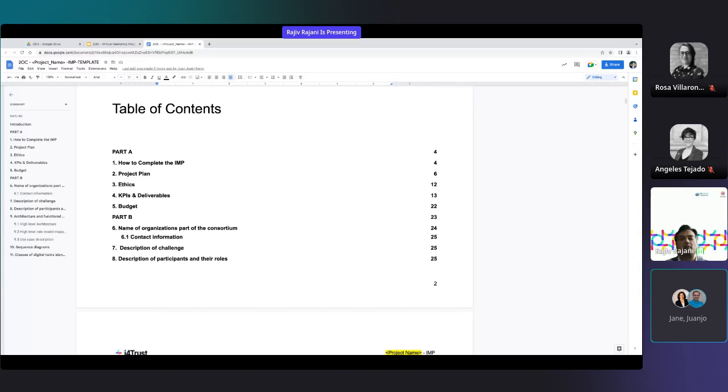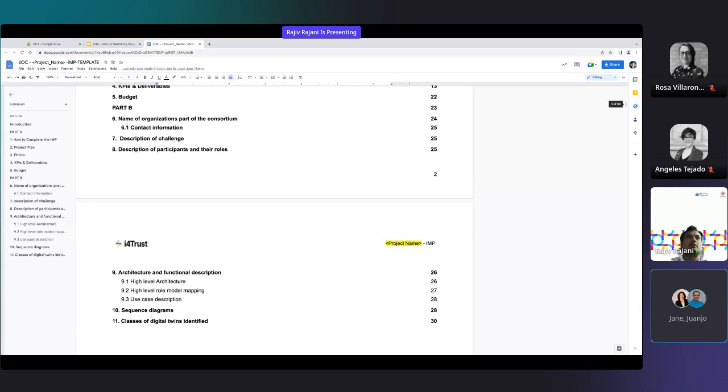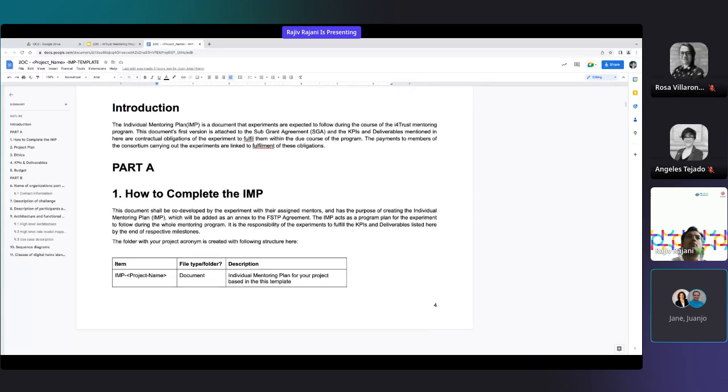And then there is part B, the living part of the document, where you will constantly update as you learn more and more about iFortrust, and update your details in terms of your experiment, your architecture, and those elements. And that will be under part B, right? So let's take a closer look at both the sections.